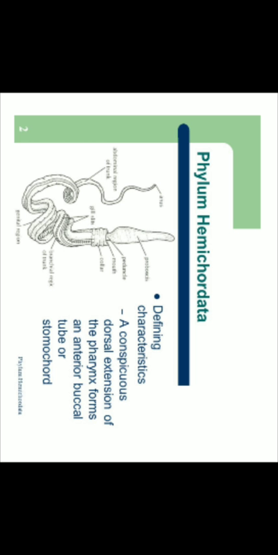Notochord occurs only in the anterior end of the body. Numerous paired gills are present. You can check the picture over here or even in your text. So a pair of gill slits are seen, gills are seen, or notochord is seen. Nervous tissue lies embedded in the epidermis and occurs both on the dorsal as well as ventral surfaces.